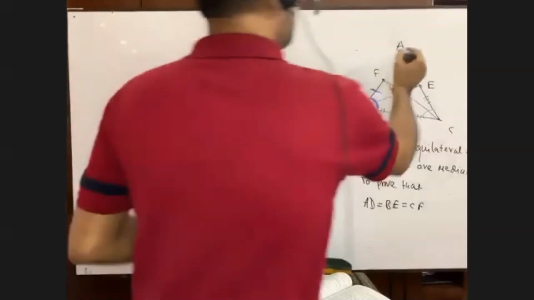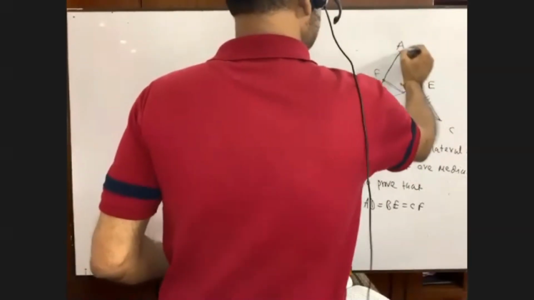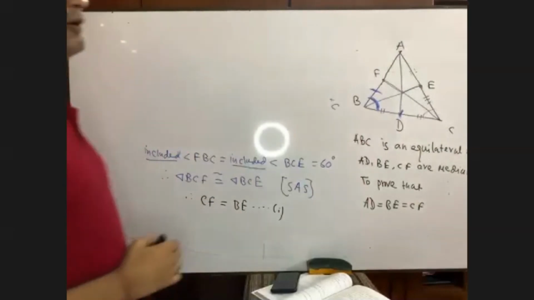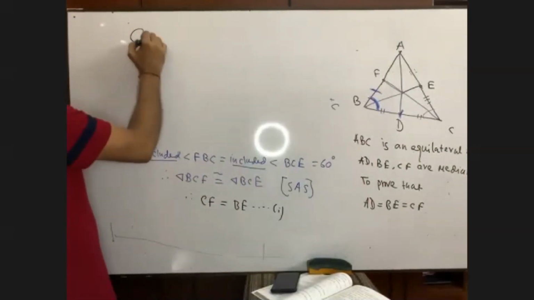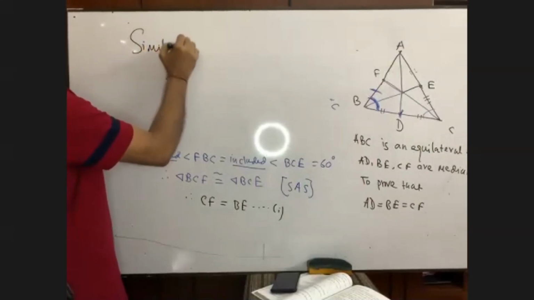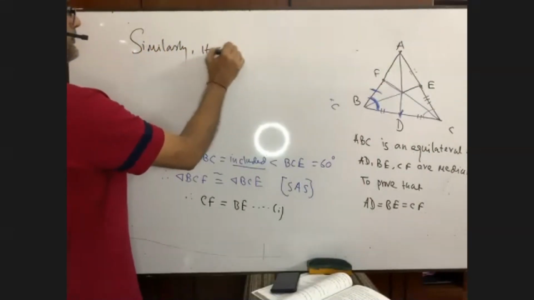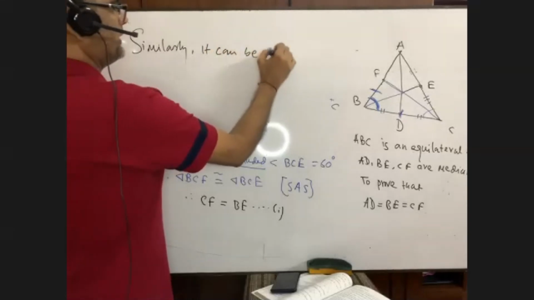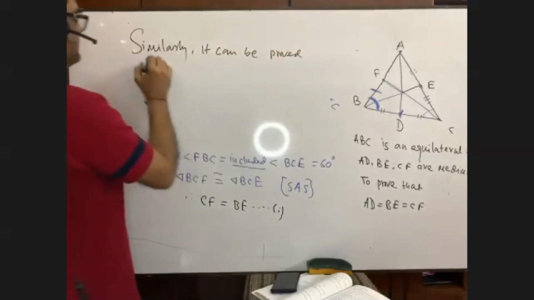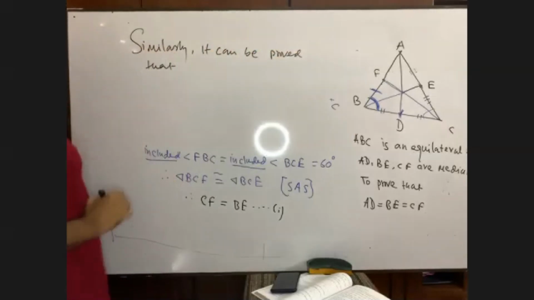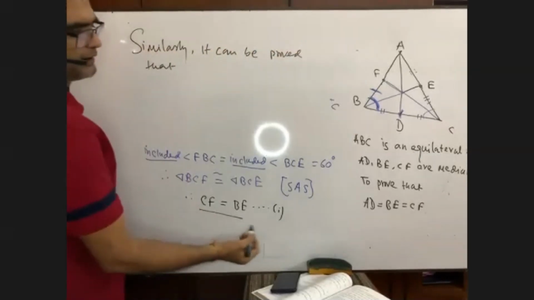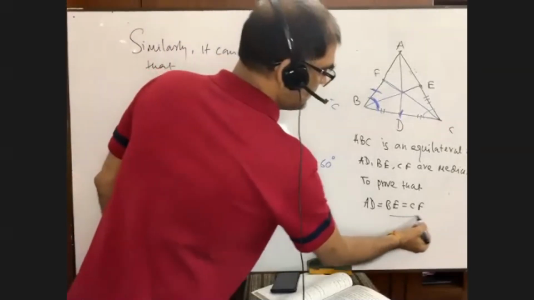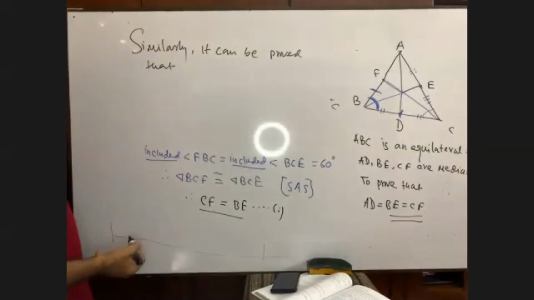Now, actually, our figure was like this, in this way. That was our actual figure. Similarly, it can be proved that, write down, similarly, it can be proved that CF equals BE. Have you seen? It has been proved, right? Okay, similarly, it can be proved that